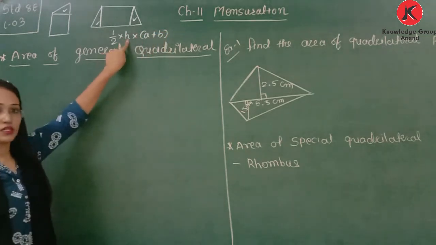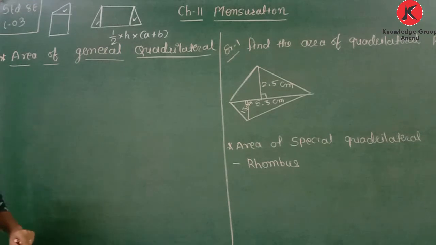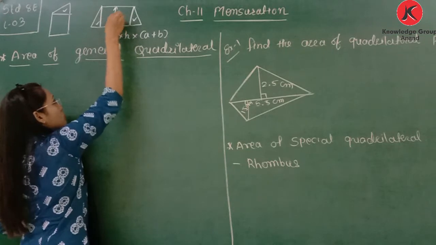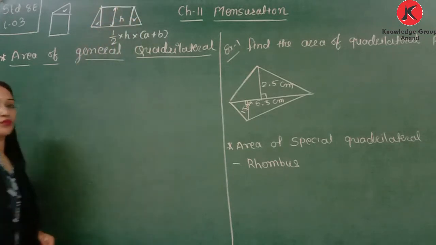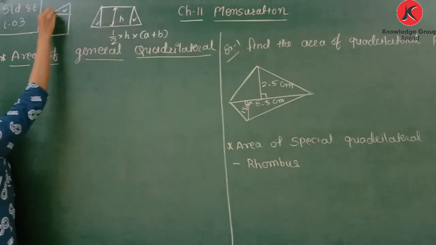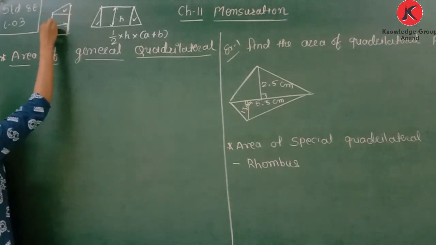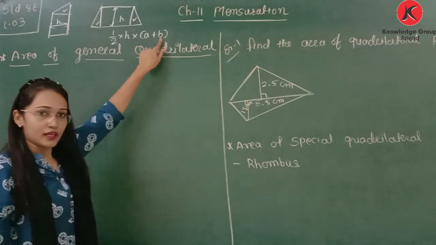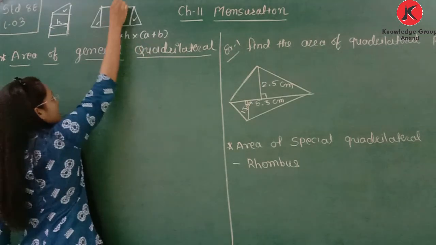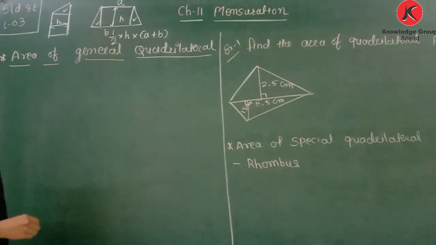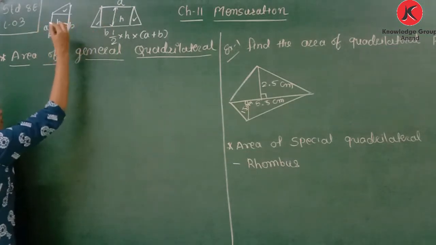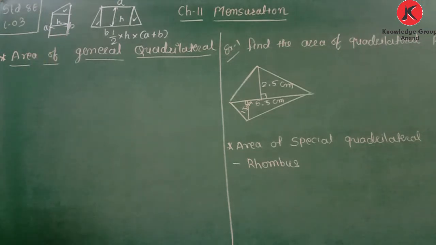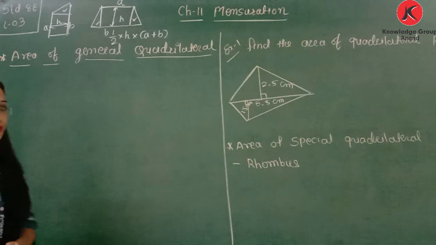Now height means the distance between the two parallel sides. If we consider this trapezium, then this will be the height. Why? Because these two are parallel lines. If we consider this as a trapezium, then these two are parallel lines, and so this will be the height. A and B are the parallel sides. So here, if we consider this as A, then this one will be B, and for this figure, A and B. Why? Because these two are parallel lines. That's why A and B will be the measures of the parallel lines.